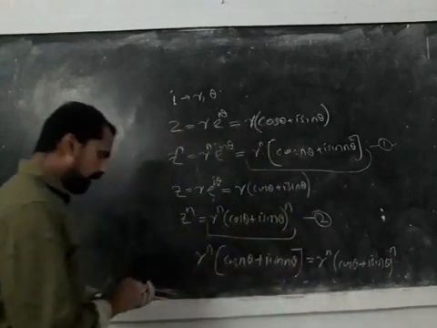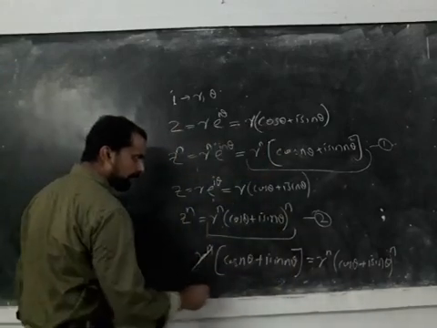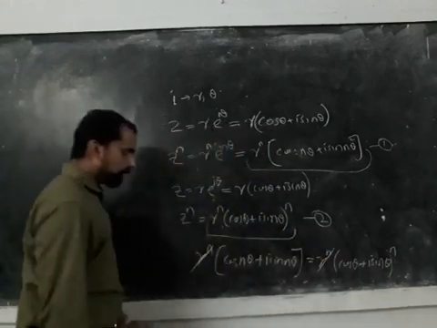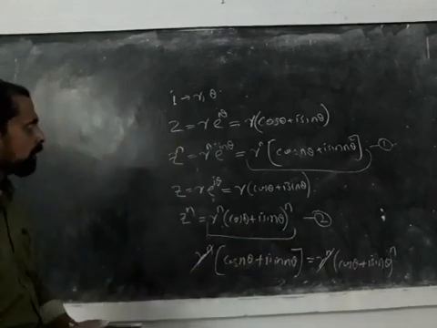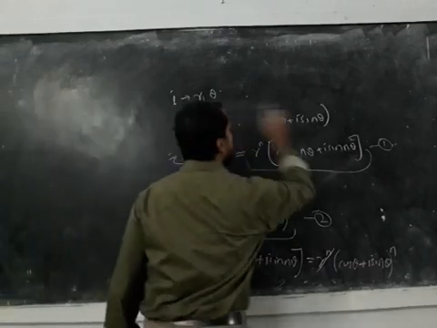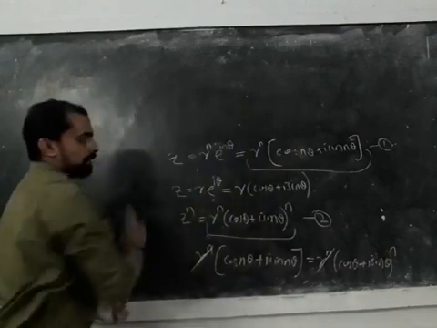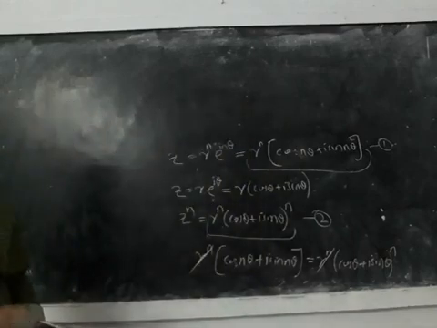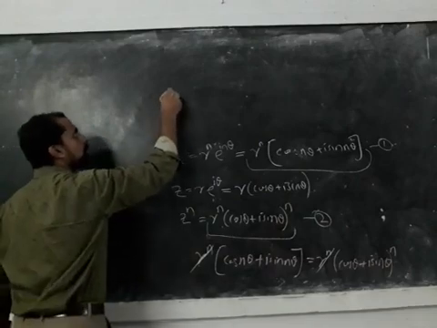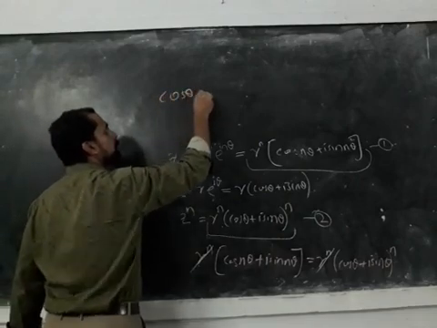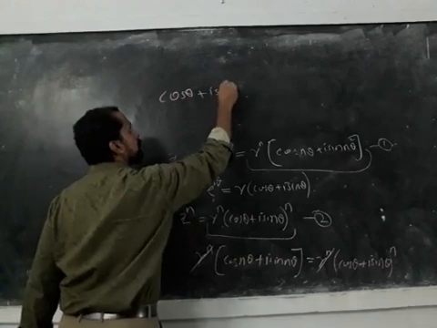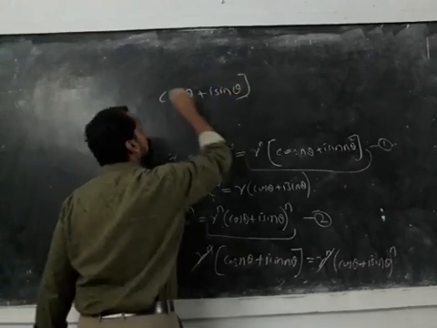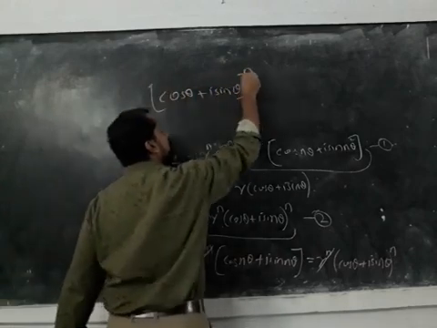Okay. So r raised to n and r raised to n are gone. So what you got, I am rewriting it here: (cos theta plus i sin theta) whole raised to n